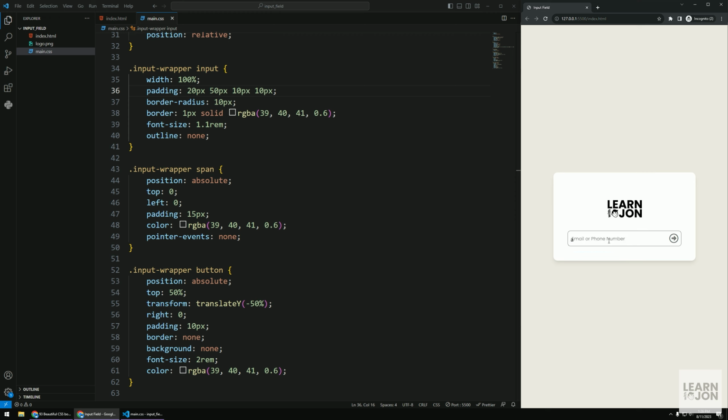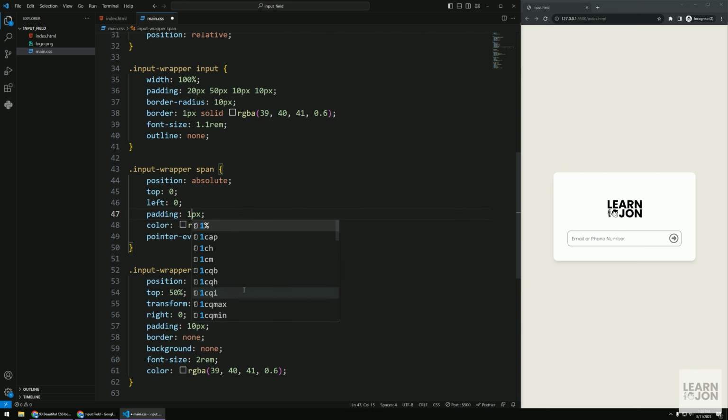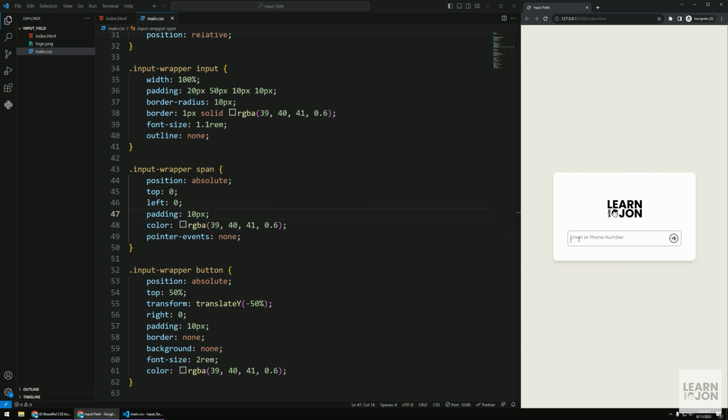All right. Now let's fix that one too. So the span, we gave it 15. Let's fix it to 10 first because initially the left is the most important one. And right there, it's good. And also, we want this one to be centered. Now we can play with the padding. For example, on the top, we are giving this one 20. So if I copy the whole thing here,